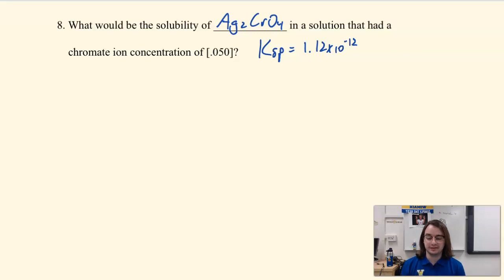Work through the same process that we worked through before. Make sure that you do not forget to write your balanced chemical equation, write your Qsp. Be careful of the ratios. Don't forget that you have a concentration of chromate already in solution, and then try and find out what the